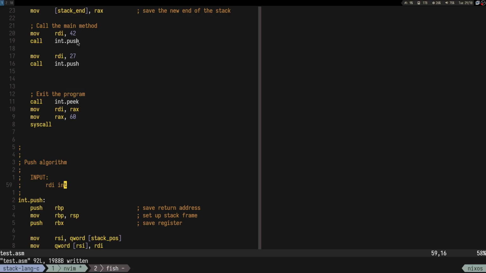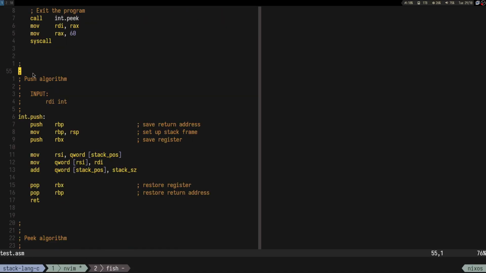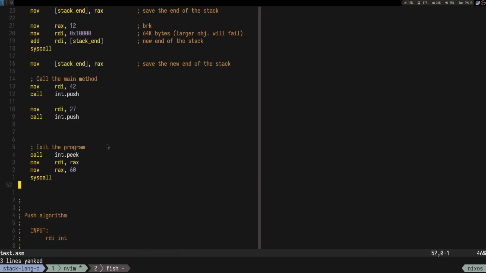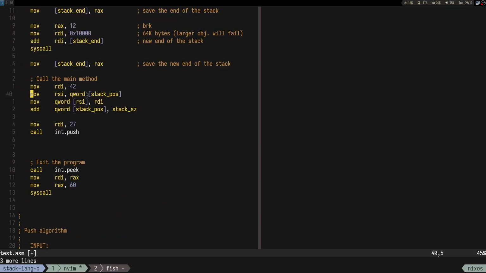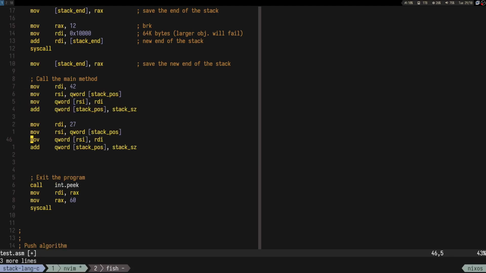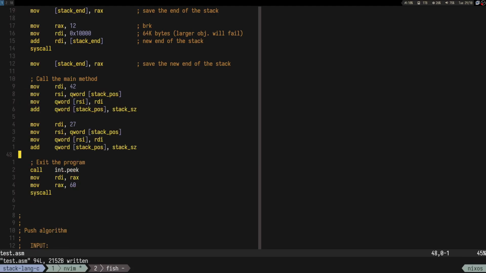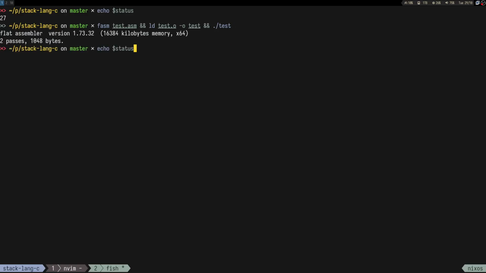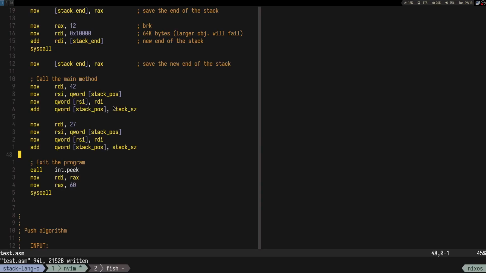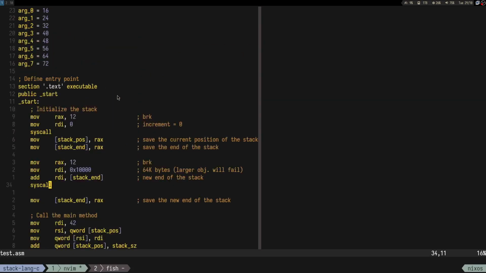Obviously without the call to int push would be even more efficient, but I'm still thinking about that part. Like of course this should work, right? Without the call to functions. But my question is, so stack position, because I'm pretty sure